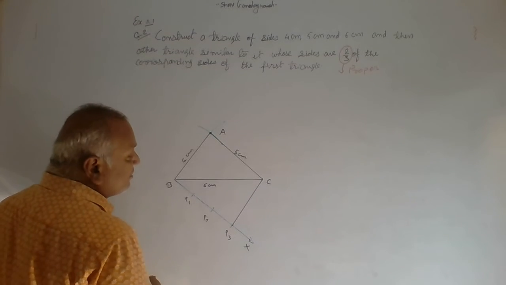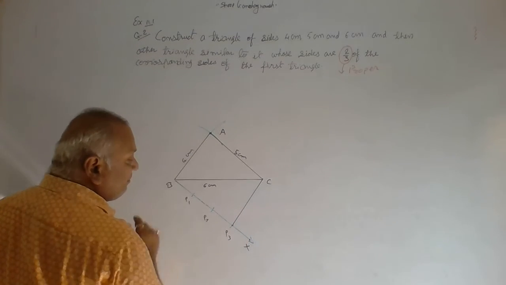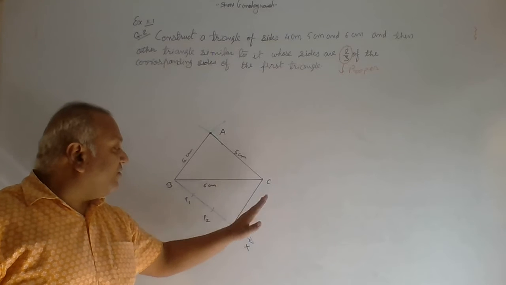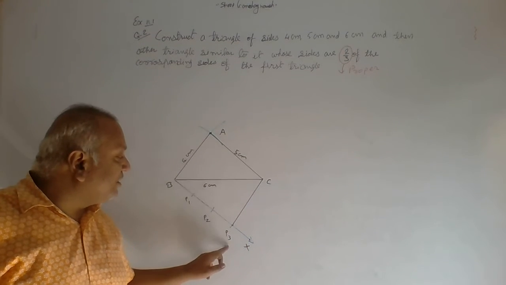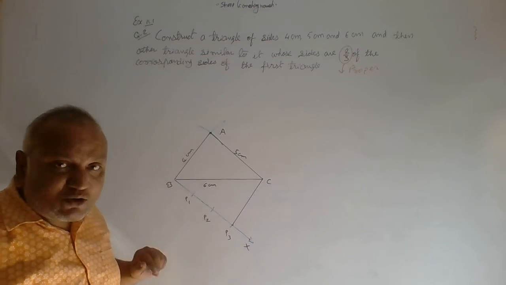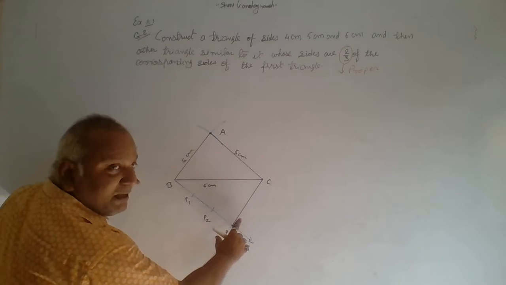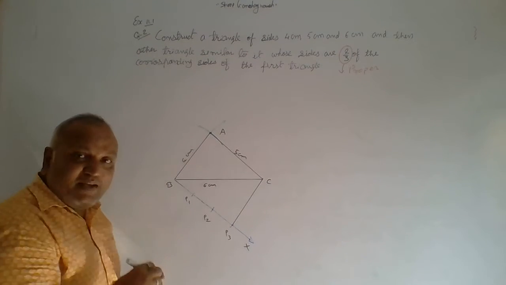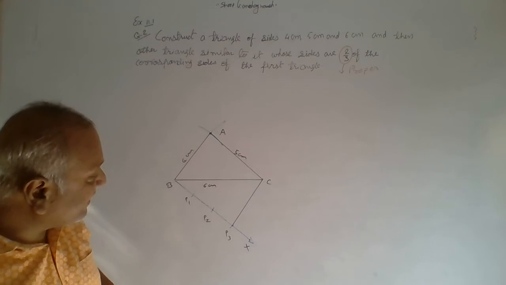Now we have to construct a line parallel to P3C from P2. Why do we have to select 2? Because we need 2 upon 3. So there are total 3 parts and we have to select the second one. How will we construct that? For that we have to construct a congruent angle.